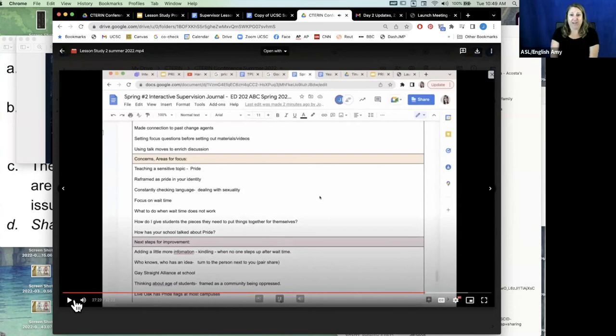And then I'm going to pause at that moment. What I do at this point is I go through some of the things that are shared, and a difference in this particular lesson study is the next steps for improvement. We agreed that we didn't come to a place where there were things like, these are the things to do next. We realized it's complex. We need to think about it some more.